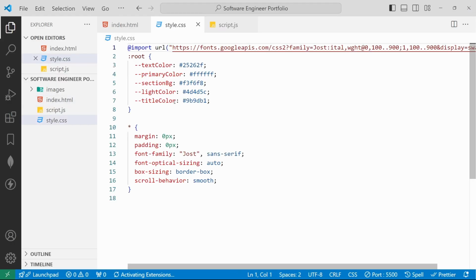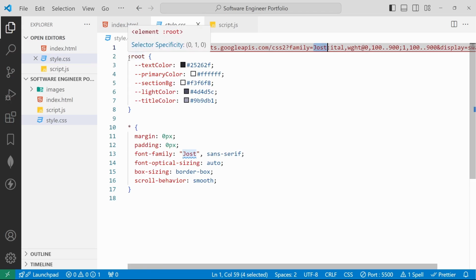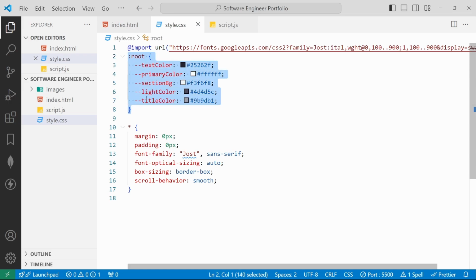For that I will jump to the style.css. Here I have already added the import URL of the font family Jost, and I have added some colors: text color, primary color, section BG, light color, and then title color. These are the colors we are going to use repetitively, so I have created them as root variables. Inside that we can use them many times. Here we have added the asterisk, or global element, to reset the values and set the values of font